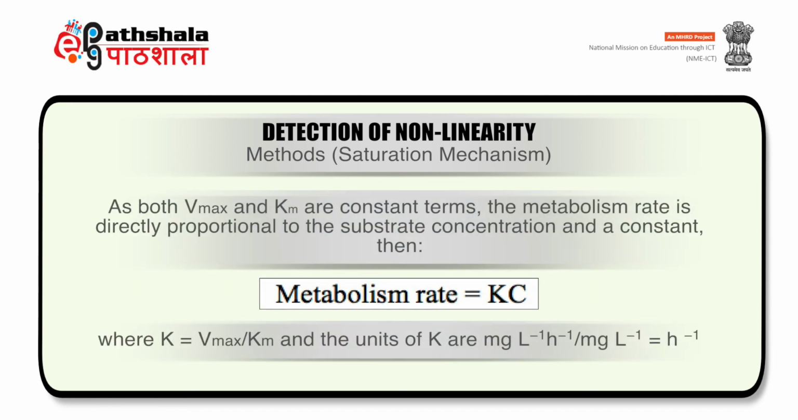As both Vmax and Km are constant terms, the metabolism rate is directly proportional to the substrate concentration and a constant, and hence metabolism rate equal to K into C, where K, the constant, is equal to Vmax by Km. The units of K are milligram per liter per hour, and the equation is similar to the standard first order